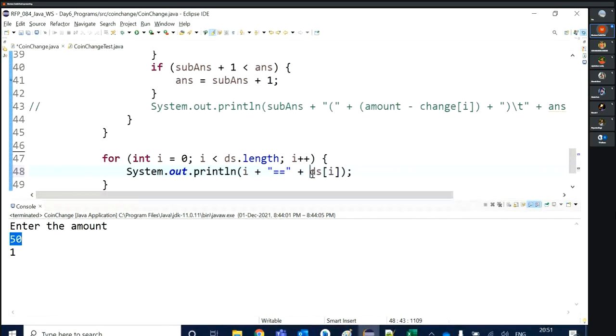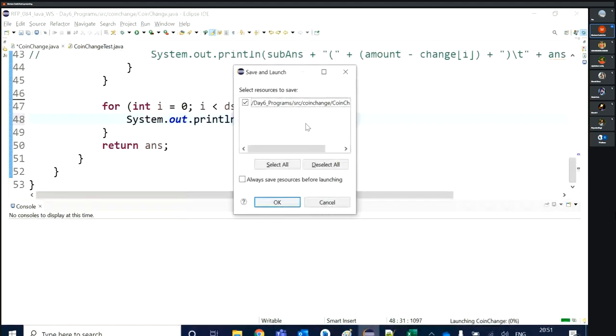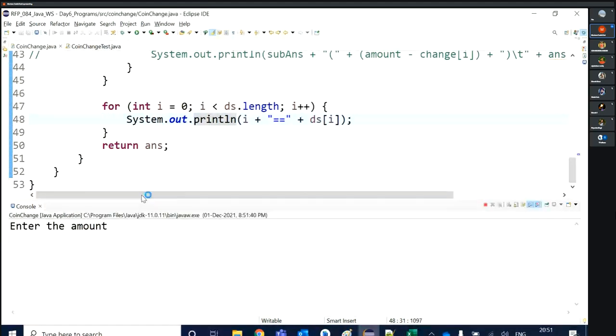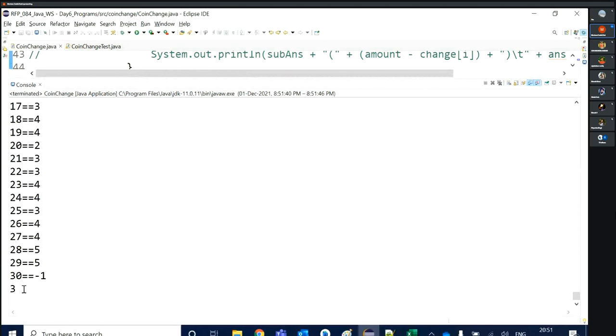For 0 this is the answer, for 1 this is the answer. I just printed that array. So when I execute my program, and let's say for 30, I'm giving the solution for each amount. See here,